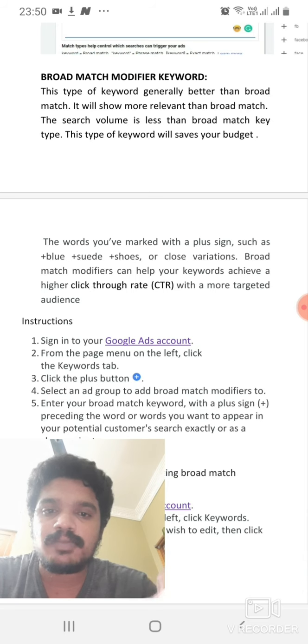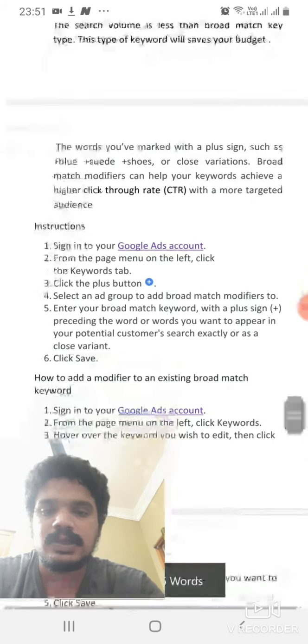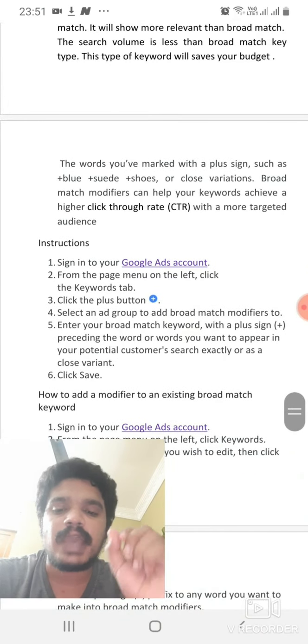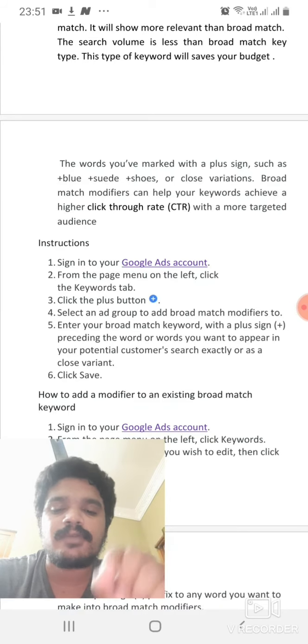The words you have marked with a plus sign such as plus blue, plus suit, plus shoes or close variation, broad match modifier can apply to your keywords to achieve a high click-through rate with more target audience. The applying process is you should add a plus symbol for every word.